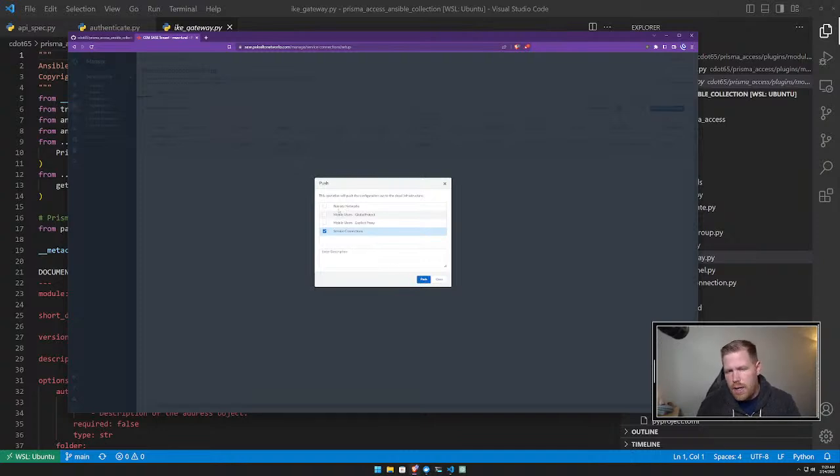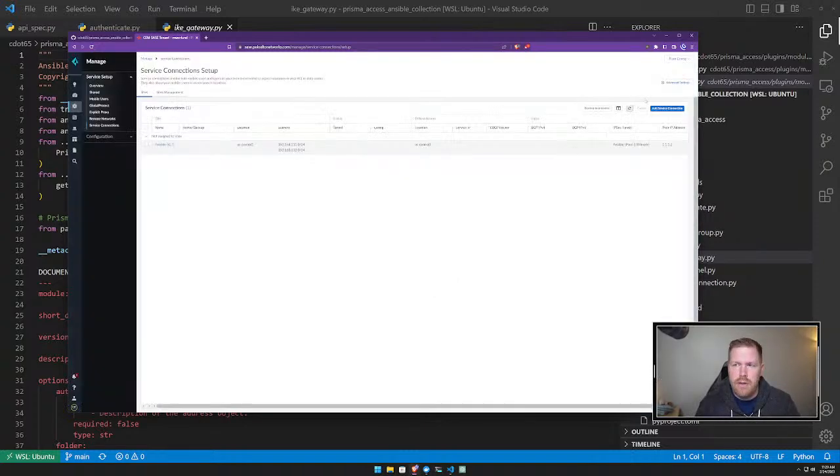So I'm thinking we're going to have to pass in some kind of parameter to declare which portion of Prisma SASE we are trying to actually make configuration changes to? Because it's not to everything, it's just a very specific folder of them. So let's do this instead. Let me look at,